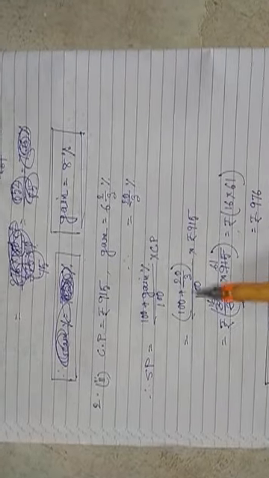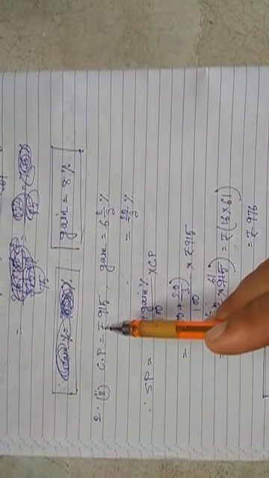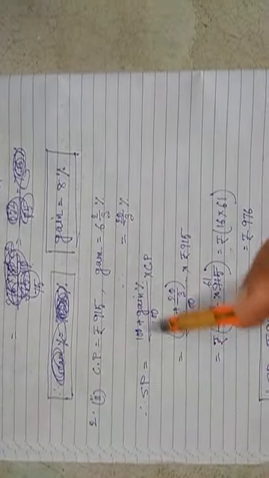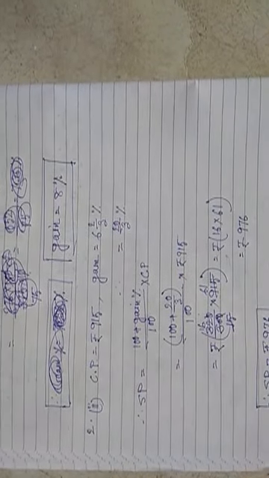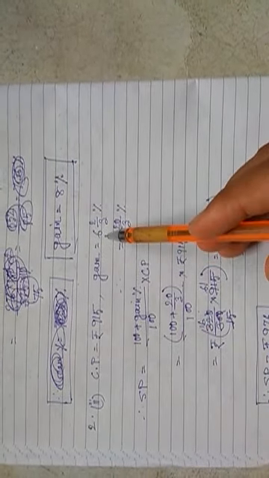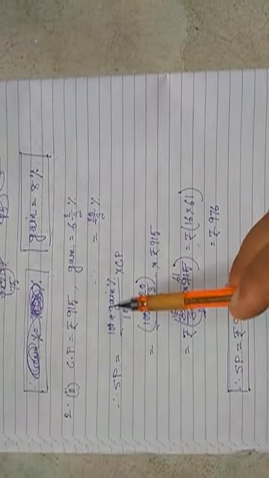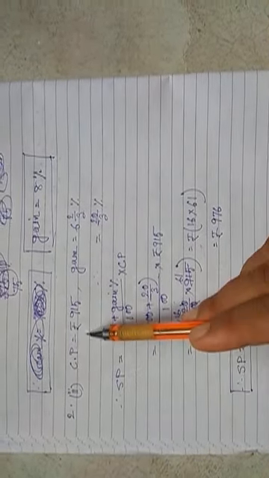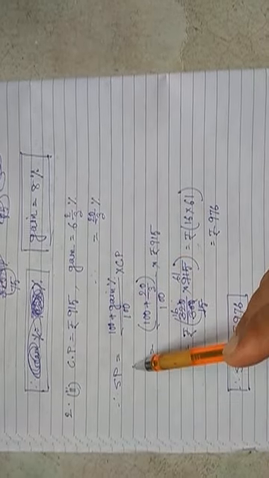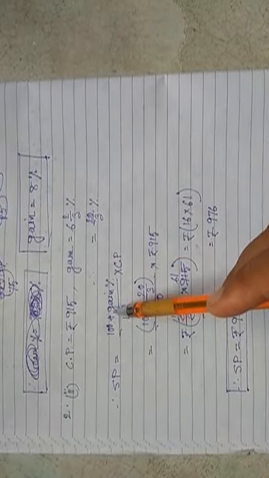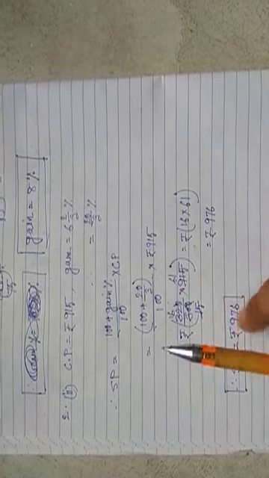Next, question number 2, Roman 2. Cost price is equal to rupees 915, gain equal to 6 whole 2 by 3%. So here cost price and gain percent are given. Find the SP. So to find the sale price, when cost price and gain percent are given, the formula is 100 plus gain percent by 100 into CP.